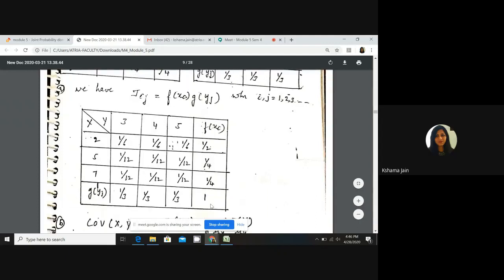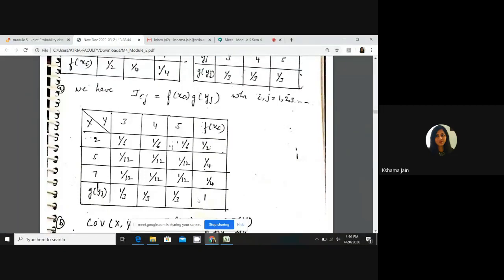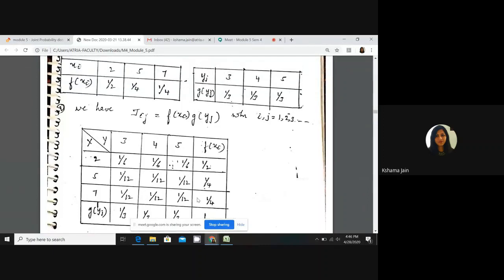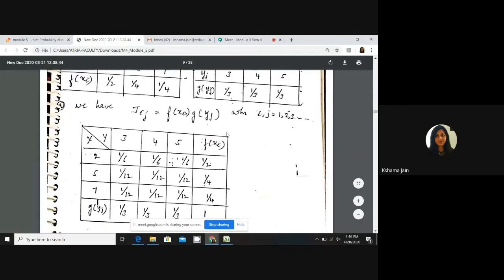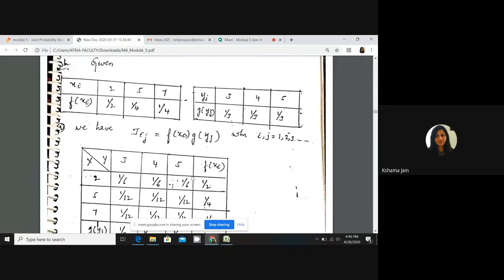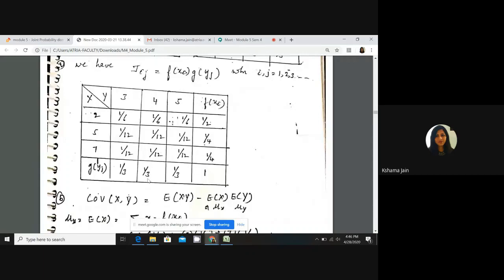And that is equal to 1. That was the condition: that summation should be equal to 1. Any doubt? This was a little complicated, I was finding it hard to explain. So any doubt, students? Okay, no, good, ma'am, nice. So this was the conversion from the marginal distribution into the joint probability distribution.